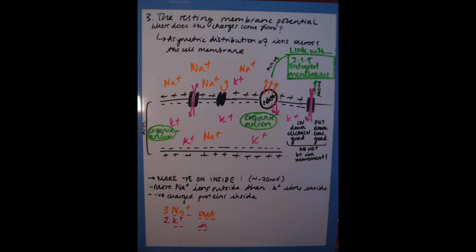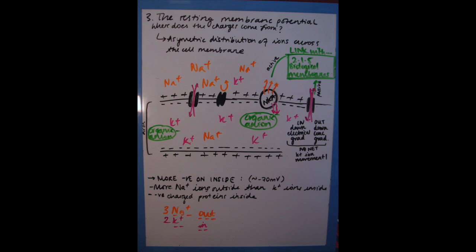And this is shown in this figure. As we can see, there is a greater concentration of sodium ions outside the axon or outside the cell than inside, and the opposite is true for potassium ions. Overall, there is a more negative charge on the inside of the cell, roughly around -70 millivolts, but this alters